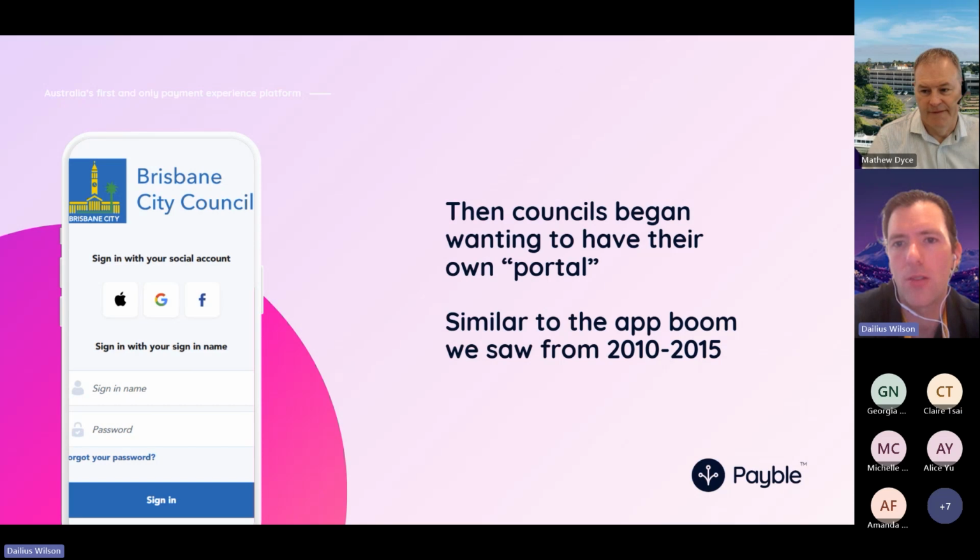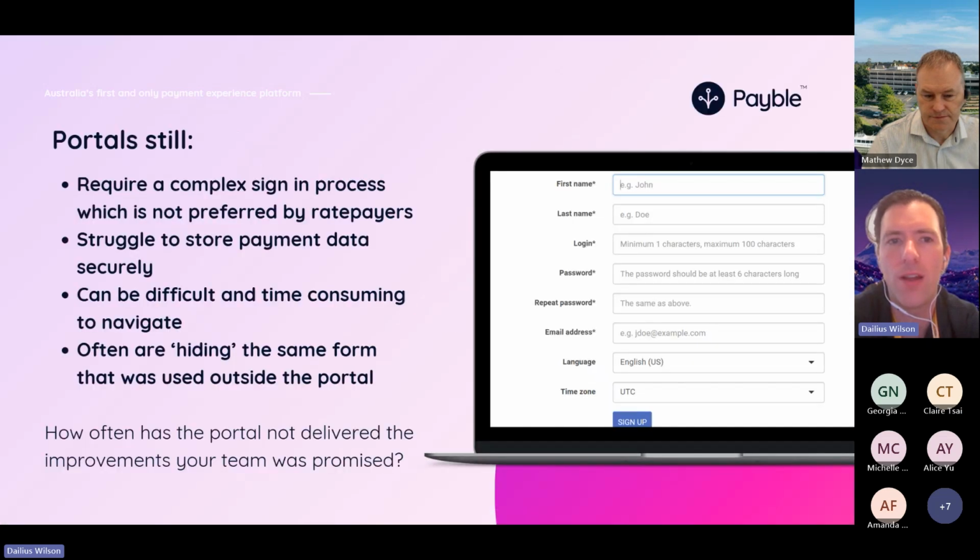We saw councils kind of gravitating towards building a portal, right? And portals were perhaps the solution to address this kind of change. However, what we found is that portals still require many different complexities. You need to sign in, you need to store the data. Also, we feel like the time consumption there is wasted, and we could have ratepayers getting this done a little